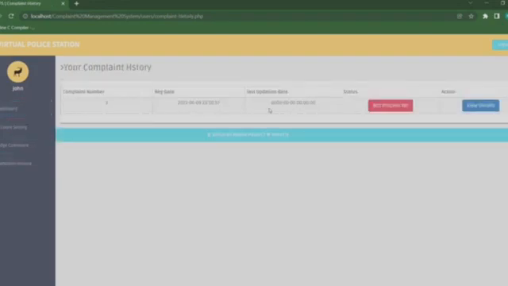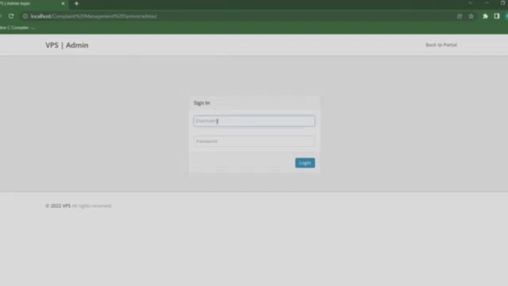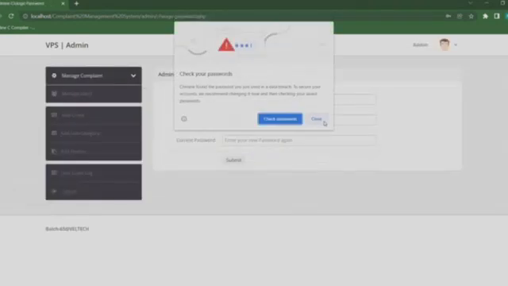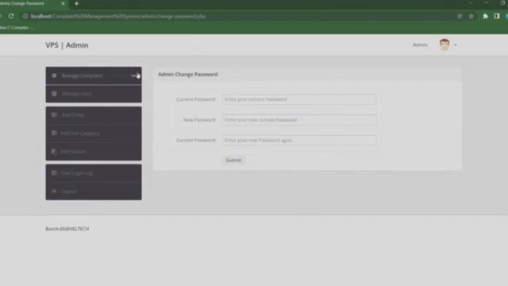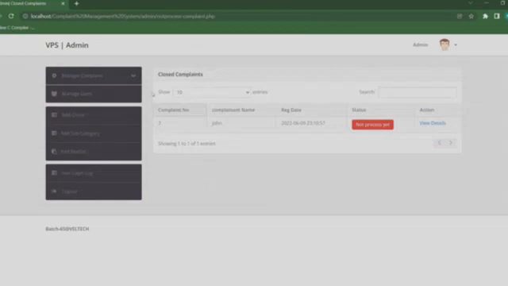And now we can go through the police login to handle that complaint, like admin. So here we can see, like, manage complaint, not processed yet complaint is 1, which is given by John, and complaint number is 3.